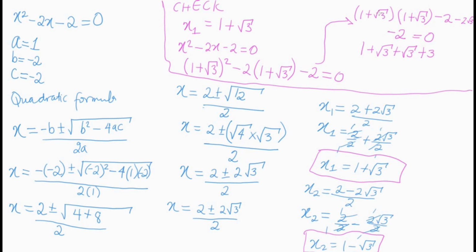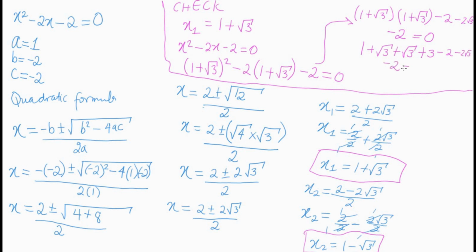It's just like saying root 3 all squared. The square root and the squared cancel out each other, and we just have the value inside the square root, which is 3 in this case. So minus 2 minus 2 root 3